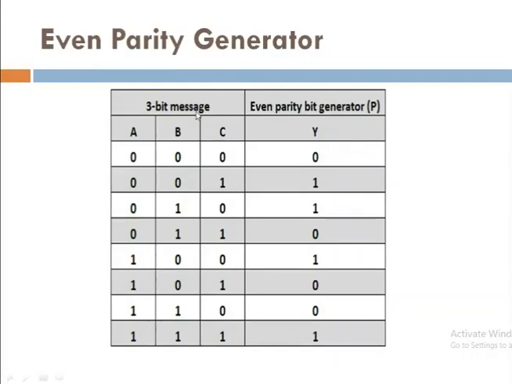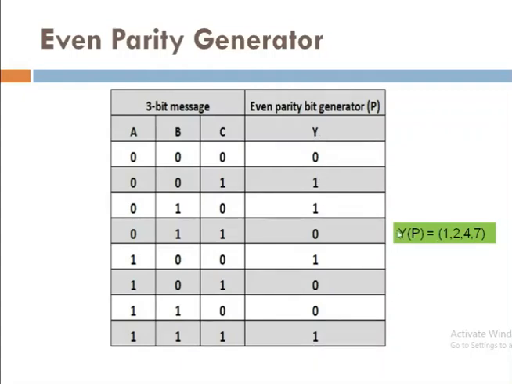Next, we have already designed the truth table, so now we are designing the K map. By default we are considering the SOP form. From this output variable, how many K maps do we require? Here there is only one output variable, and there are 3 input variables. So we require a 3 input variable K map, and only one K map is required because there is only one output variable.